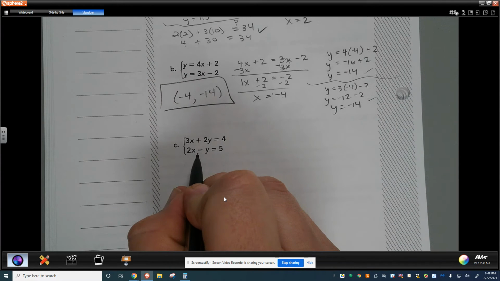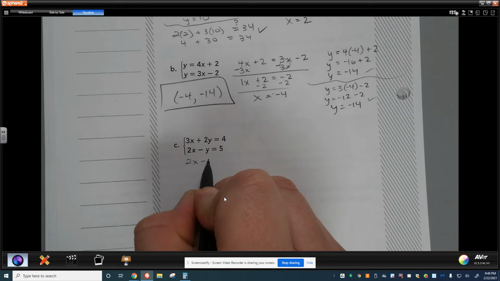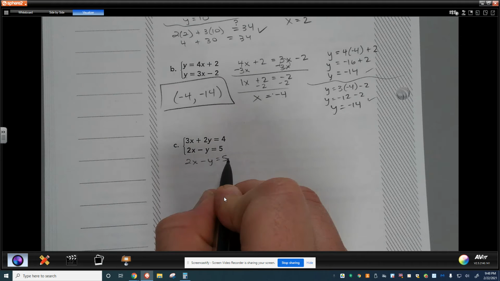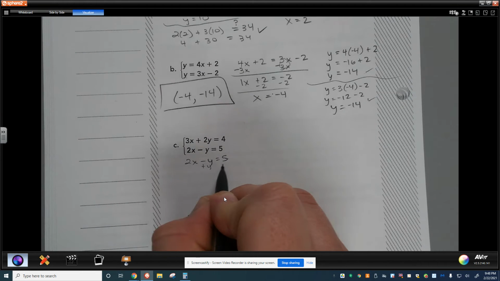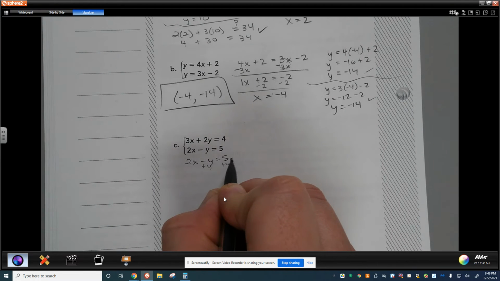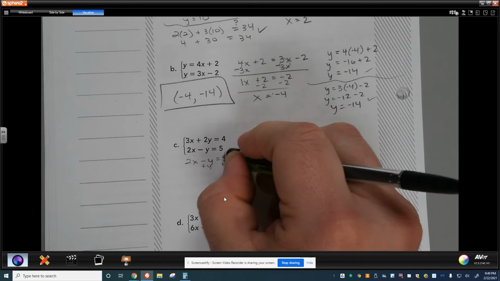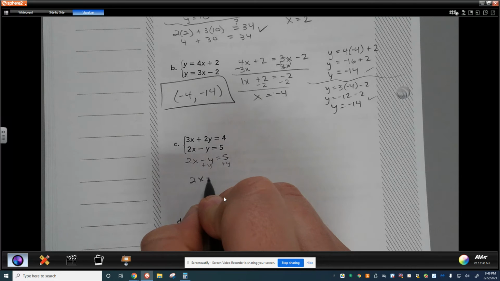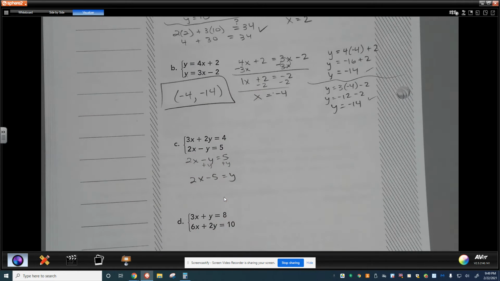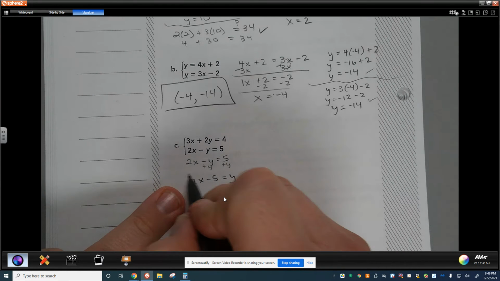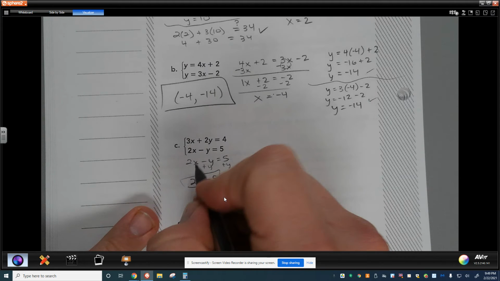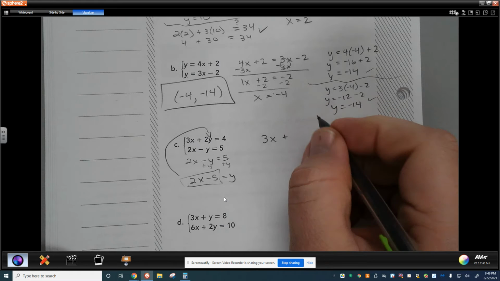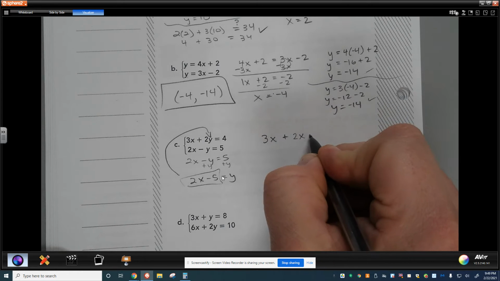So this one might take a little bit more work, but I can take 2 times x minus y equals 5, and I can switch the 5 and the y around by adding the y to this side and then subtracting the 5. So it would end up looking like this. I would get 2 times x minus 5 equals y. And when I know what that y is, I can go ahead and substitute this expression into the top expression, 3 times x plus 2 times